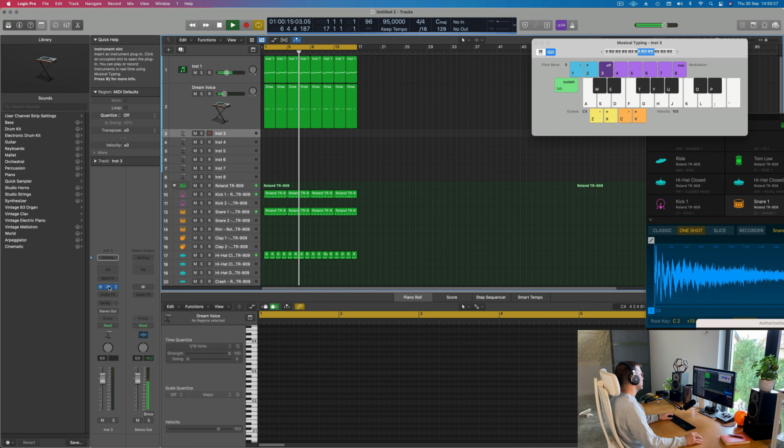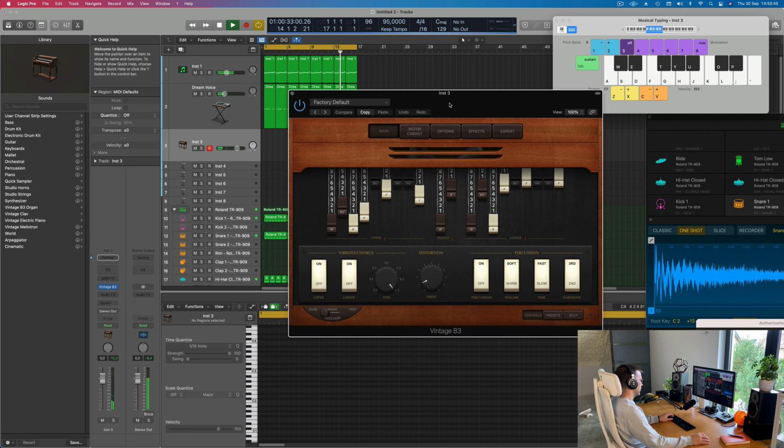Straight into an organ, guys. A clav or an organ is the question. No, an organ. Straight organ. Might not sound so much like an organ when I'm done with it, but the starting point will be an organ. Like I said,